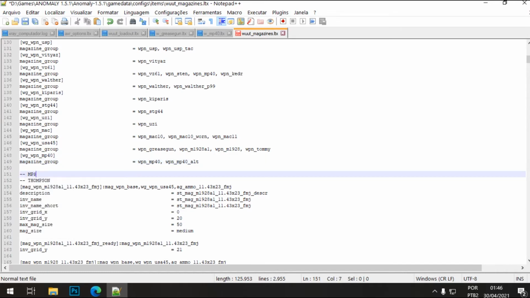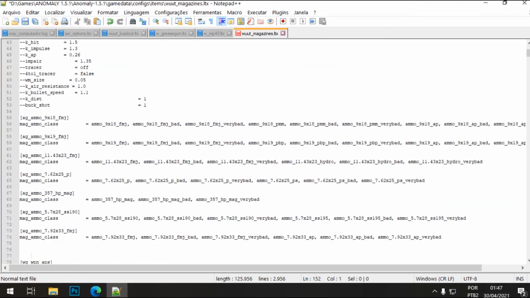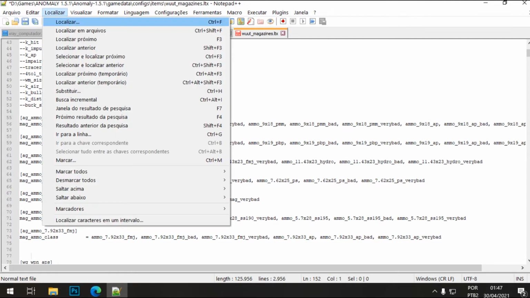MP40. Ooh, MP40. This is more to organization. You know, you have organized code here. Since MP40 uses this kind of bullets, I'm going to search for a gun that also uses it. It's easier to create the code. So a gun that uses these same kind of bullet,